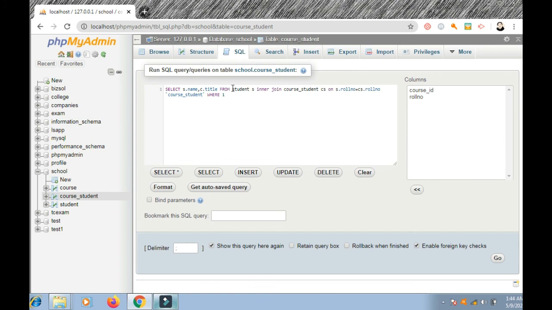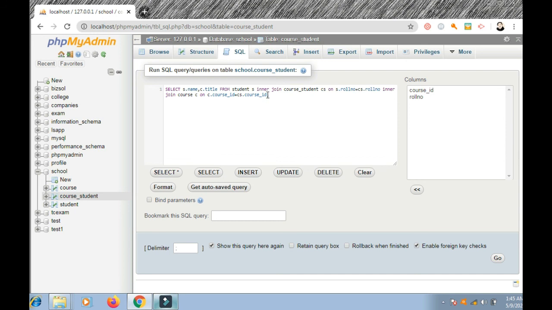Student as S, and I write inner join. Inner join with course student. Student is the left table, and course student, the relationship table, is the right table, and I write the short name CS for course student.